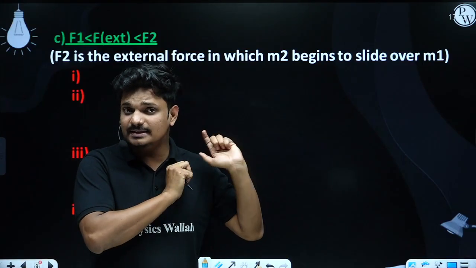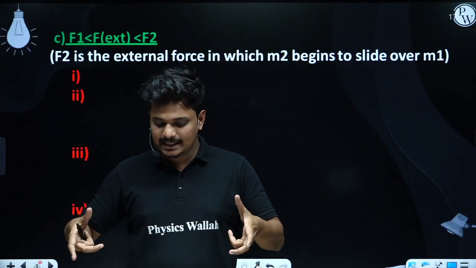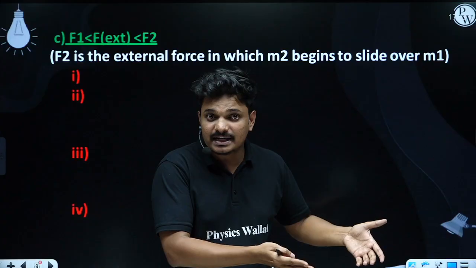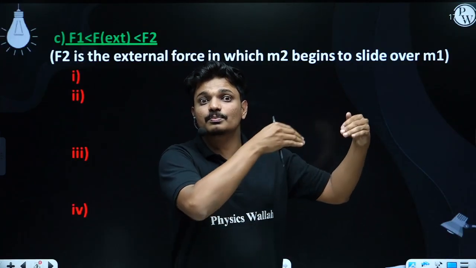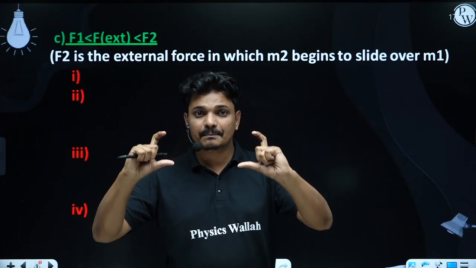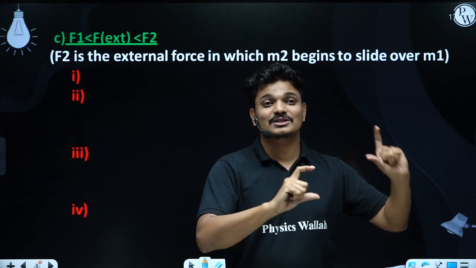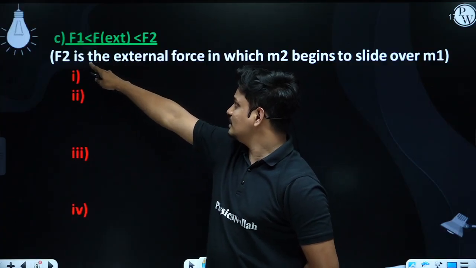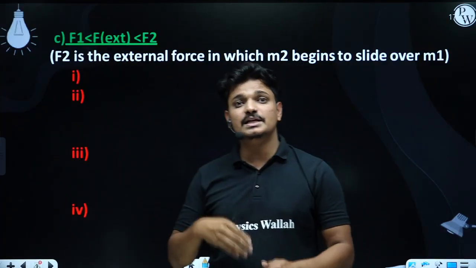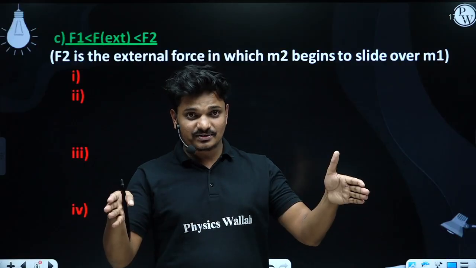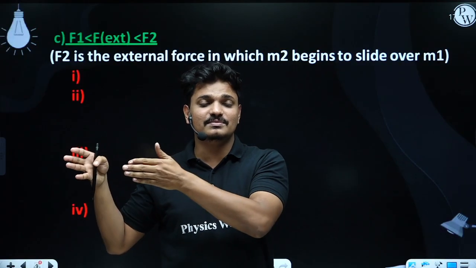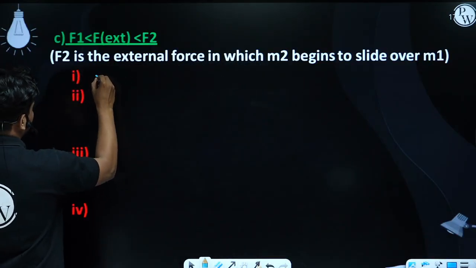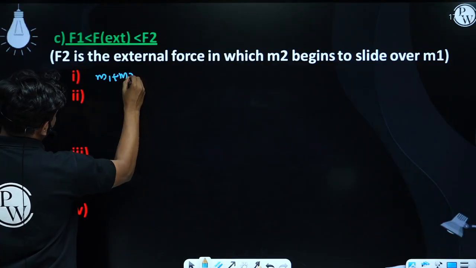If our F external force is in between F1 and F2, what is F2? In the introductory section I said one thing: initially the system is moving with a common acceleration. Our F external still goes on increasing. So at a particular force, this M2 starts to slide over M1. That external force is F2. So F2 is the external force at which M2 begins to slide over M1. So if F external is in between F1 and F2, the total body, that means the M1 plus M2 system,